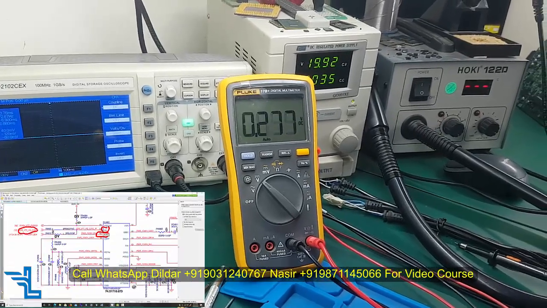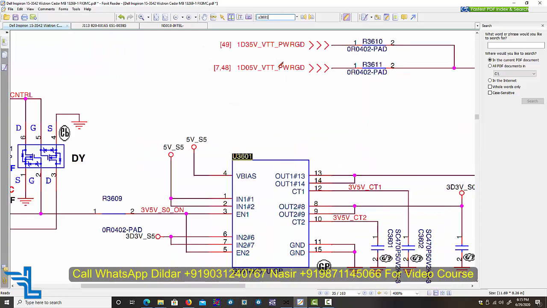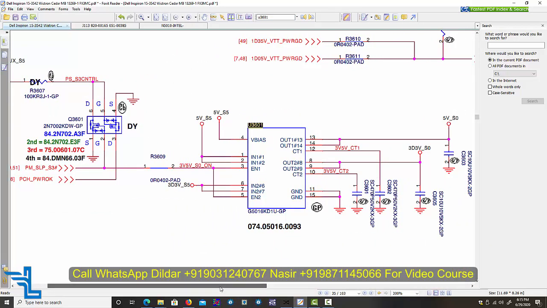Now let me show a magic how this thing is processing as I have described here. Let me describe it in the schematic. So let's come and find out what we are talking about. U3601, and maybe this type of case you can also confront. So this is the scenario that earlier used to be on the motherboard. In first generation, second generation motherboards we used to see a lot of switching MOSFETs, and the minimum requirement was SLP S3.